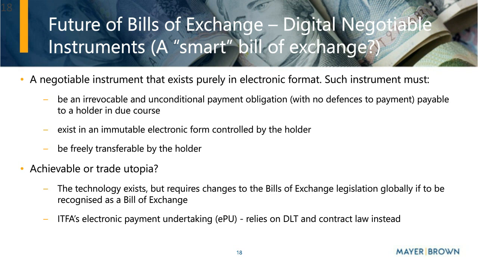In terms of creating an irrevocable and unconditional payment obligation with no defences to payment, and which can be transferred, well, again, that can be achieved using contracts between the parties and using an assignment as the mechanism for transfer. And we already see that type of payment undertaking in payables finance programs. And so coupling distributed ledger technology together with an IPU, you can create an electronic irrevocable payment undertaking akin to